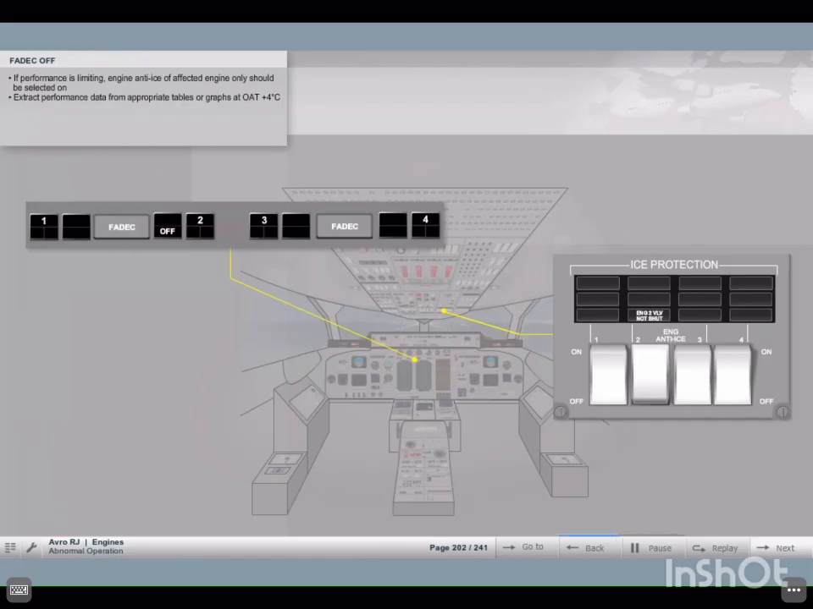If performance is limiting, the engine anti-ice of the affected engine only should be selected on. Performance data must be extracted from the appropriate tables or graphs at OAT plus 4 degrees Celsius. If takeoff performance is not limiting with engine anti-ice on, all